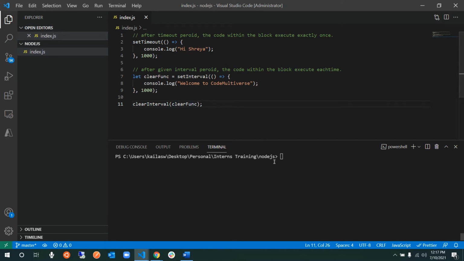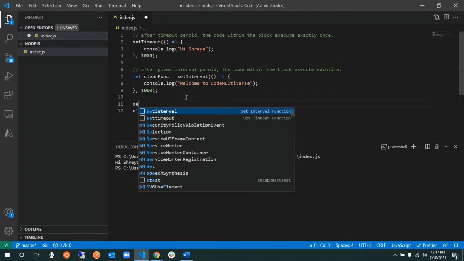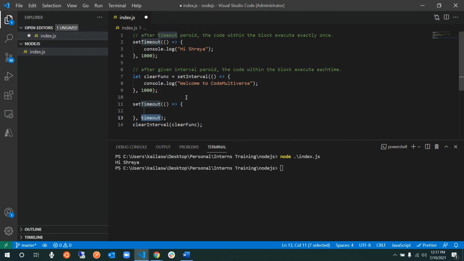So right now I'm just running set timeout and then immediately clearing this, without making sure that it stopped after 1 second or not. So how do I make sure that this gets printed exactly a number of times? I'll do one more set timeout, and say after 3 seconds call this clear interval.